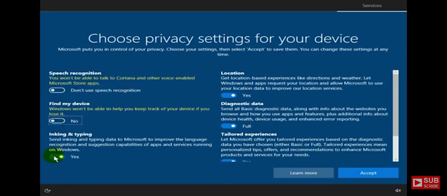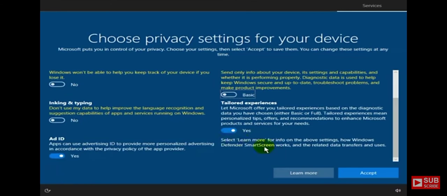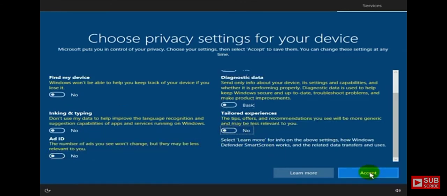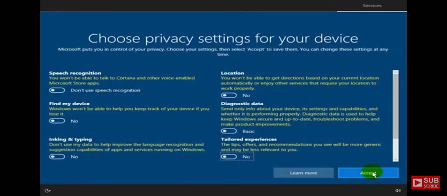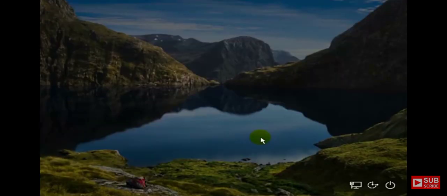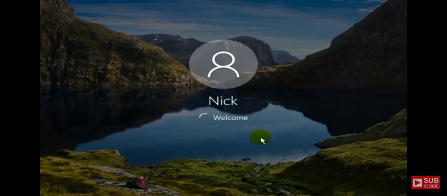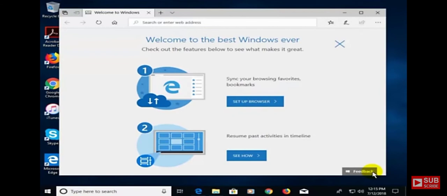Then you get the choose privacy settings for your device. Certainly you can just go ahead and accept all the defaults. I personally like to go through and switch them all off, and let me make sure they're all off. Okay, and then click on accept, but that's up to you. Then we're back into the welcome screen one more time, and at this point it's going to go right into and open up Microsoft Windows 10 for us. The first screen is welcome to the best Windows ever. Check out the new features, and once you've read that,